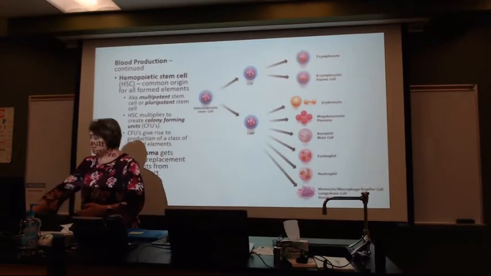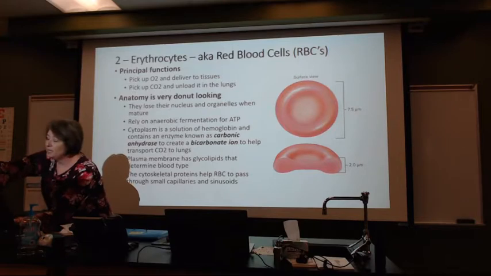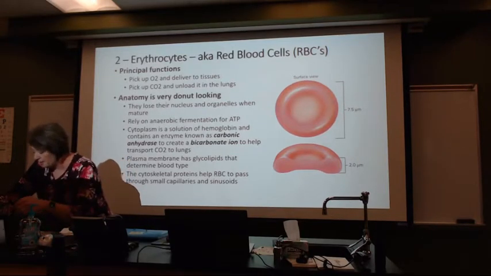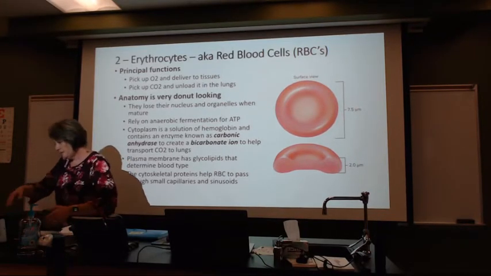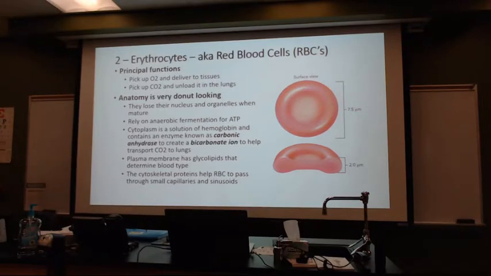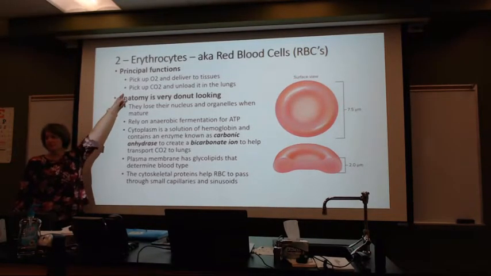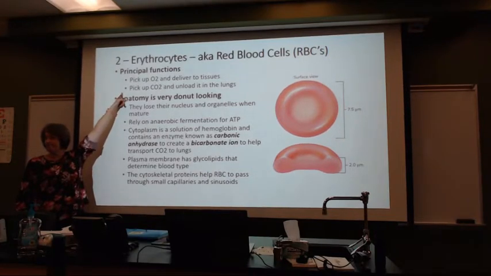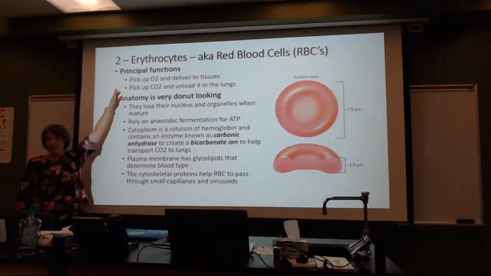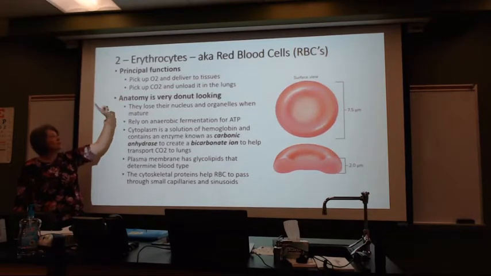So, if we take a peek at that red blood cell, like I said, very much looks like a donut, all right? Because it's concave to the middle with the ridges, those bumped up ridges around it, and their job, gases. Their major job, oxygen.